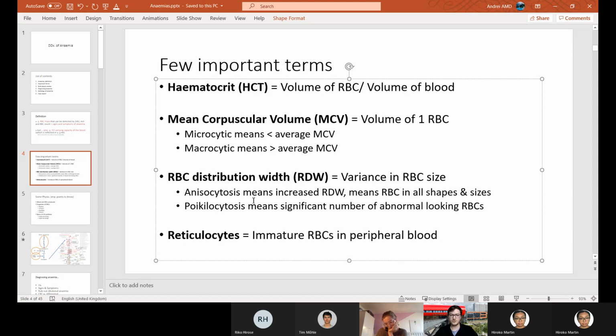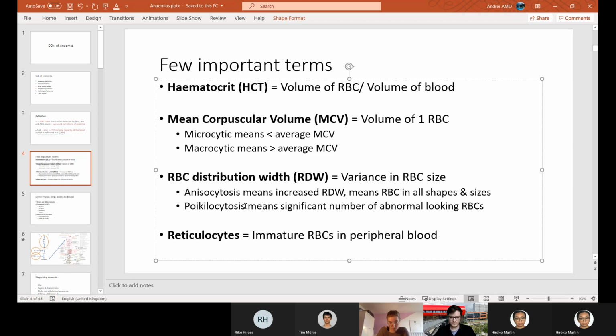Normally, most of the cells should be the same size, plus minus. However, in anisocytosis, most of the cells differ from one another. So that's quite abnormal. Then you have poikilocytosis, not as often used as anisocytosis, but it just means that, well,